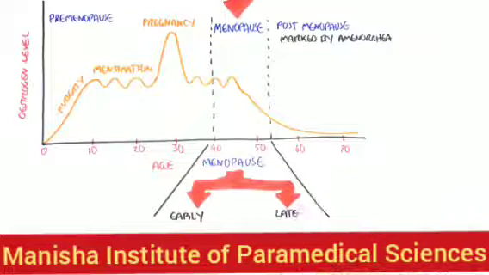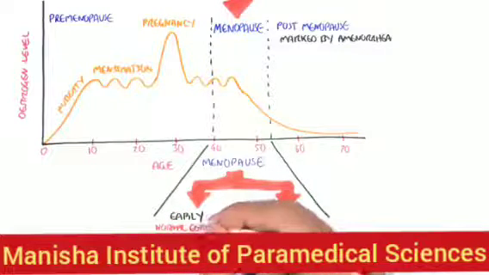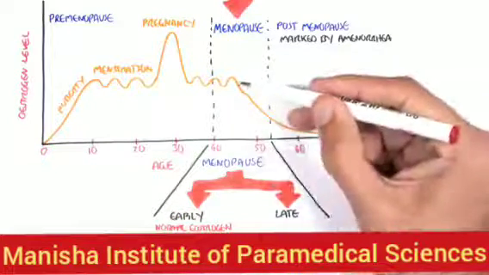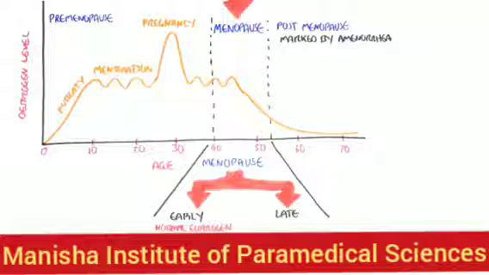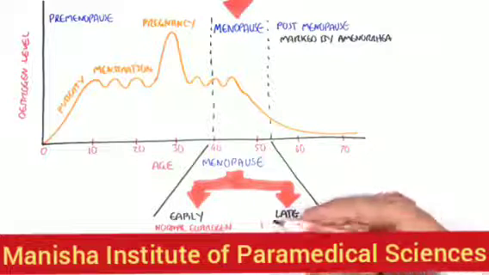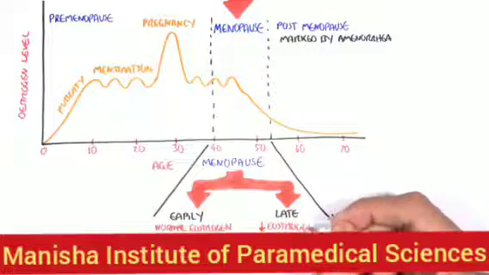Now, hopefully this won't sound too confusing, but in early menopause, as I mentioned, there are normal estrogen levels. And because there are normal estrogen levels, there are normal FSH levels, another important hormone that is responsible for stimulating estrogen production. However, in late menopause, you have a decrease in estrogen levels.